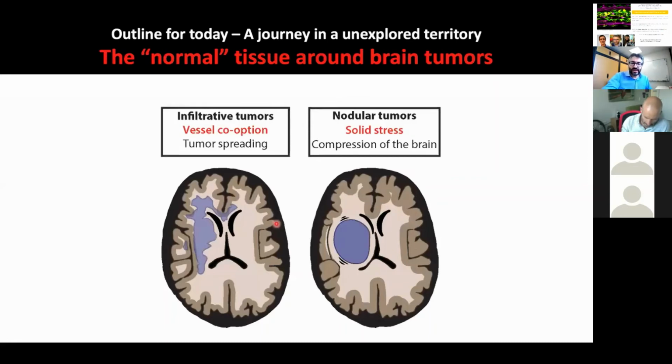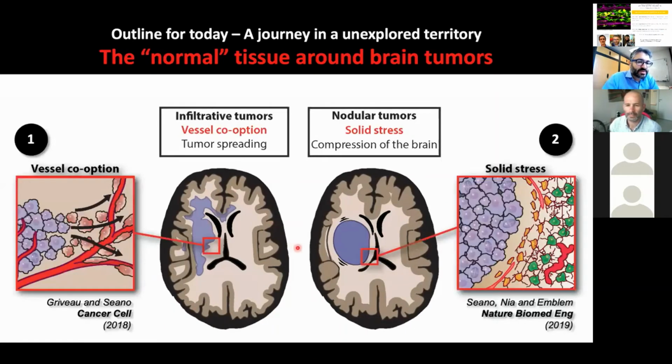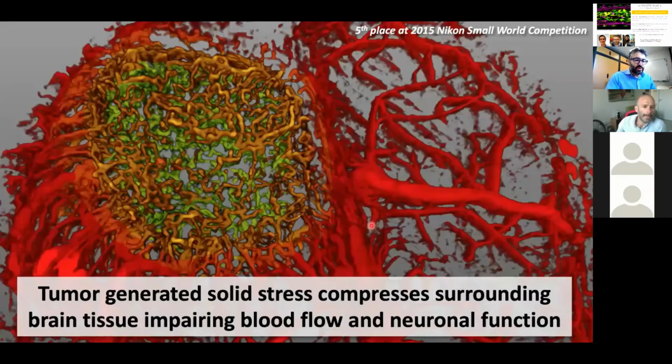So the second story, and I have not much more time. I have 10 minutes, even a little bit less, but I promise that I will stay in time, is on physical forces. This project is always on brain tumor, but focused on nodular tumor, as I told you. When I started working on brain tumors, I was not specialized in brain tumor before, so I really asked myself, what are the symptoms that really are important in the patients, and why do the patients die at the end, not only from the tumor, but from the consequence of the tumor